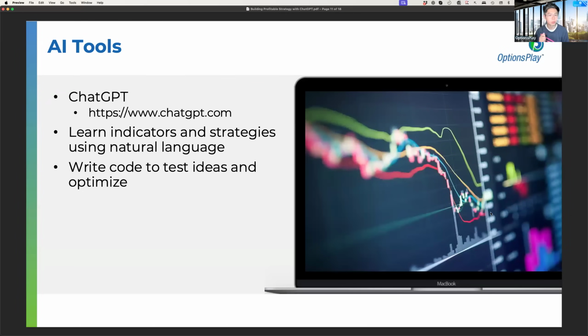Historically speaking, we relied on those quantitative researchers and developers to do this type of coding and testing and optimization in order to get to a point where we have a strategy that we're comfortable with releasing onto our platform. It used to take a minimum of a few months to take an idea all the way through being able to put it on our platform, meaning I have to write down my thoughts and give it to a